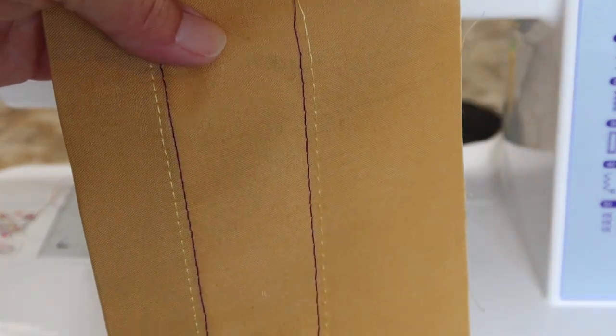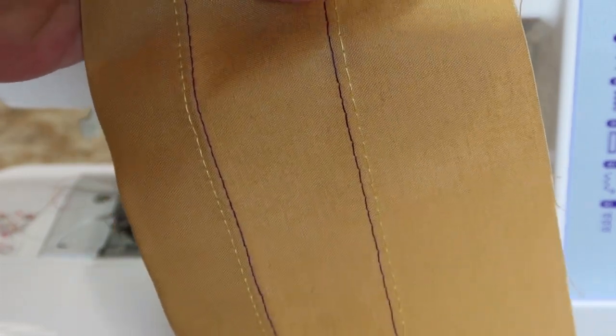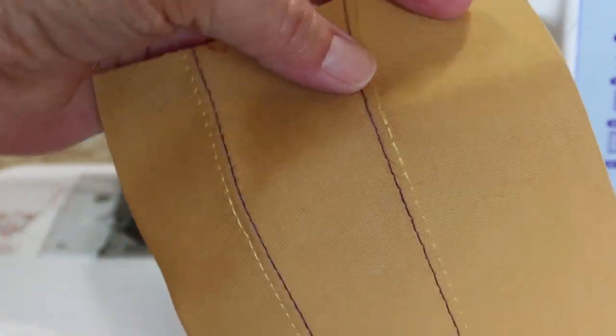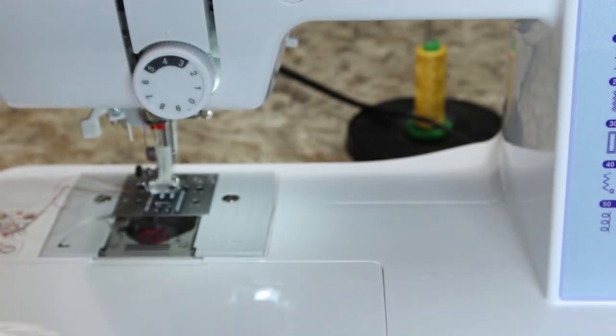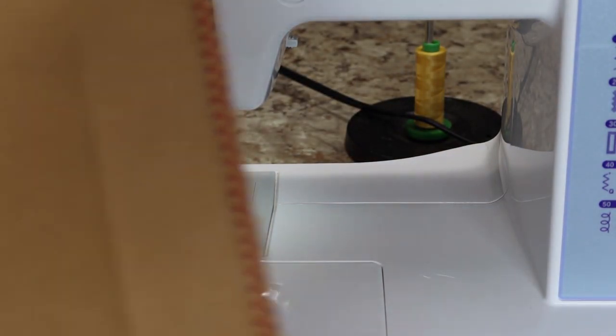Obviously, choosing a different stitch length will make your stitches smaller or longer. You can use the same color thread for both of them, however you want to. So if you have a hem that's already been zigzagged,